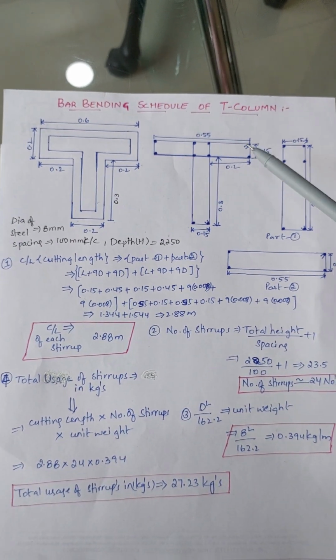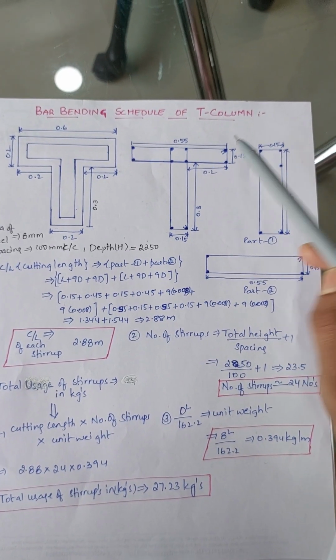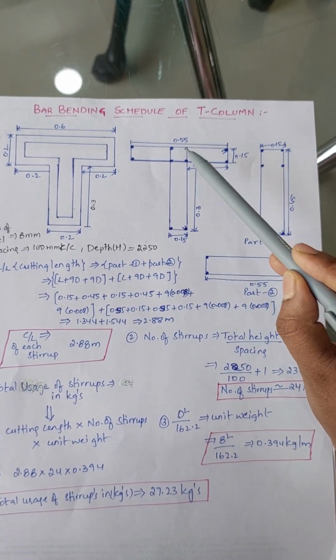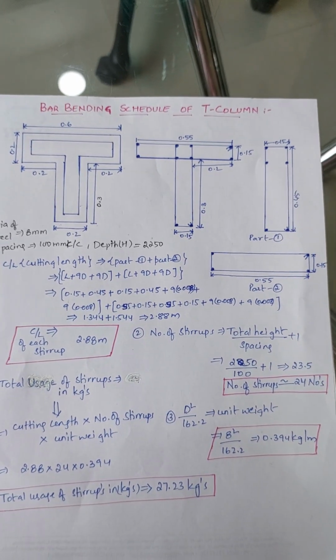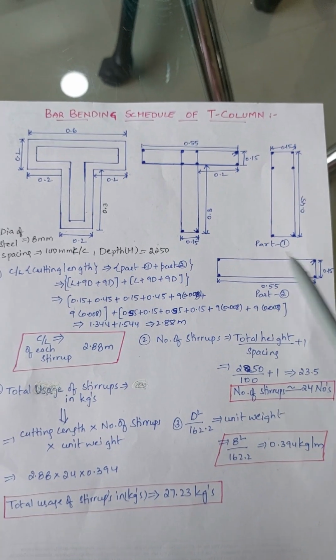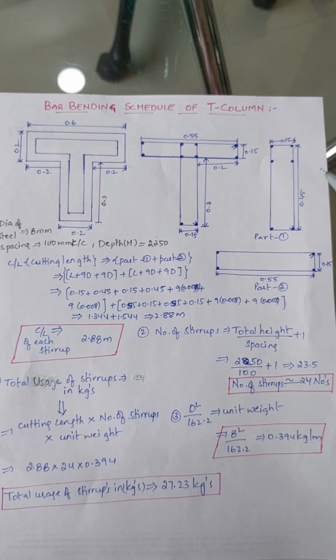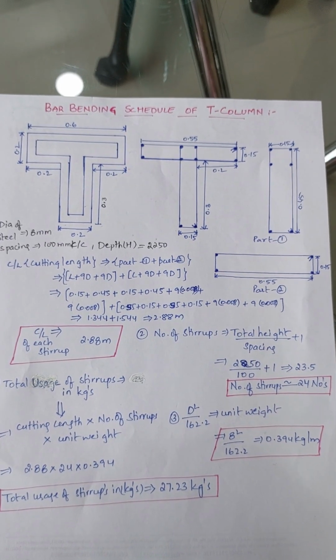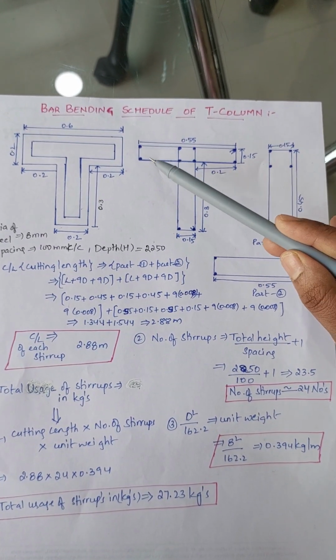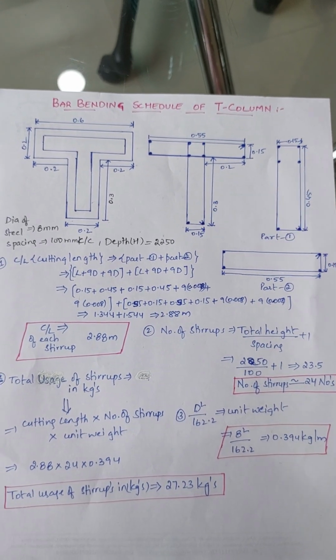Now we are dividing this T section into two parts, this part as one rectangle and this as another part of the T section. If we consider this as part 1 and this as part 2, the dimensions are as follows. Regarding the reinforcement provided here, you can see how we have provided it. There is one bend here, and here also another bend.